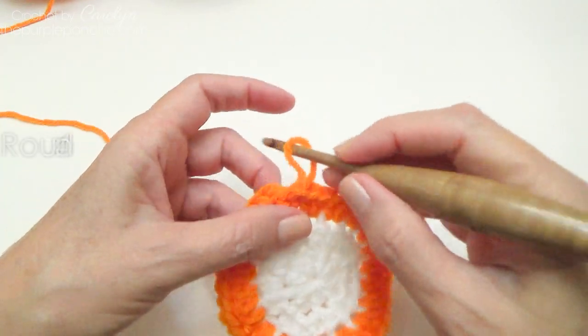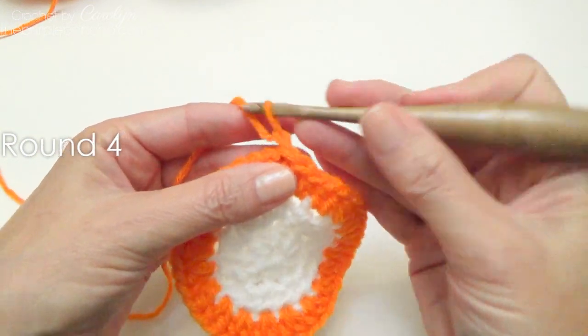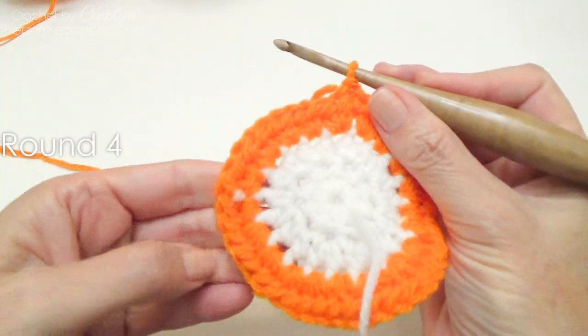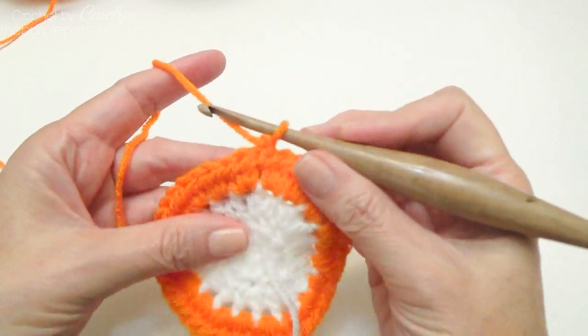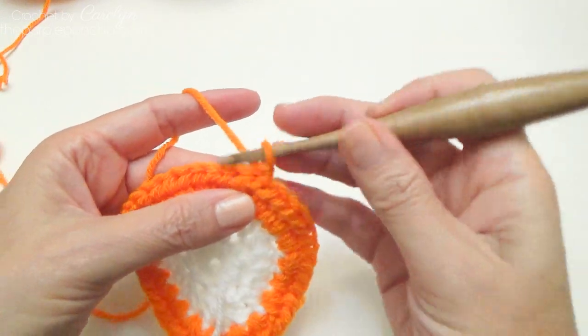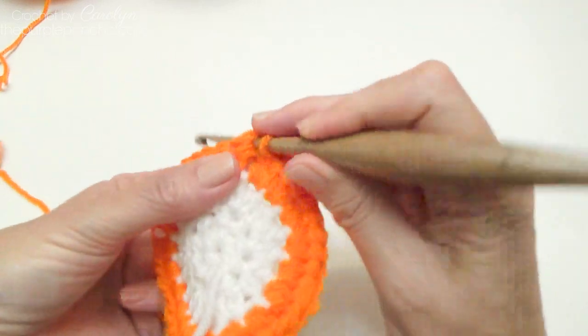And for round 4, I'm going to chain 1 and turn. Okay, we're turning after every round. And next I'm going to do a crunch stitch. And the way I'm going to do that, I chain 1 and turn, slip stitch in the same stitch,